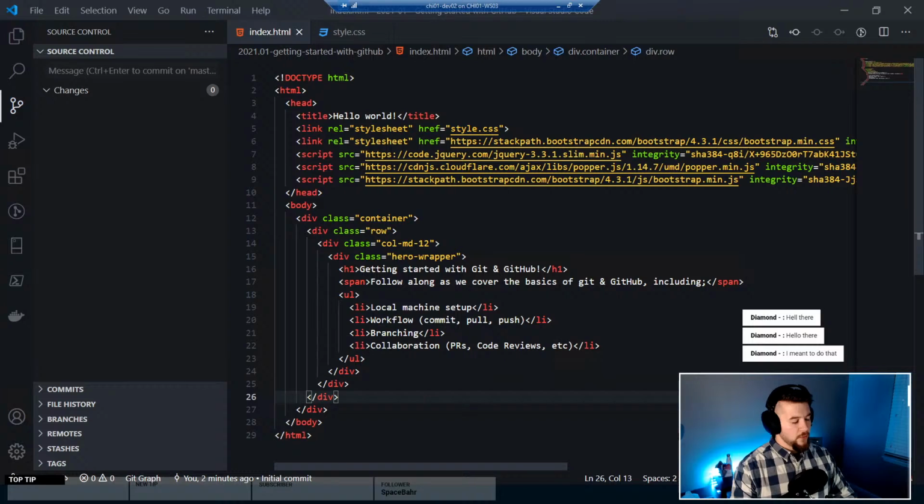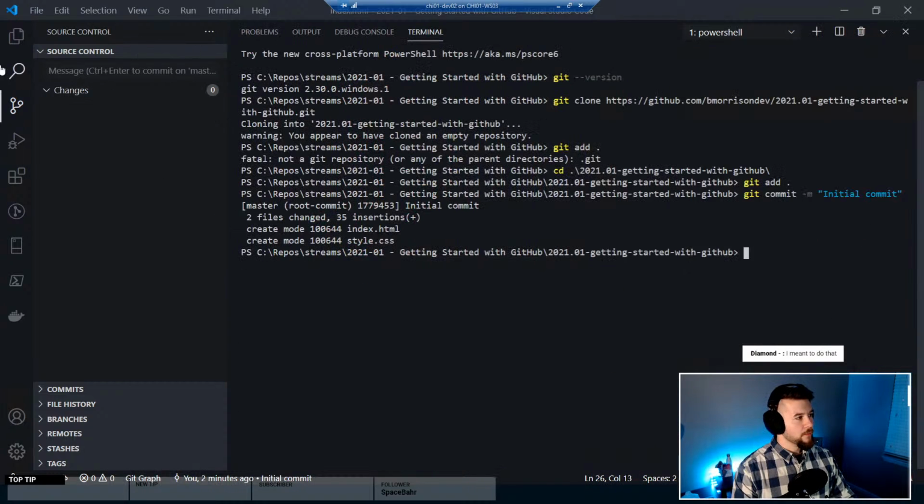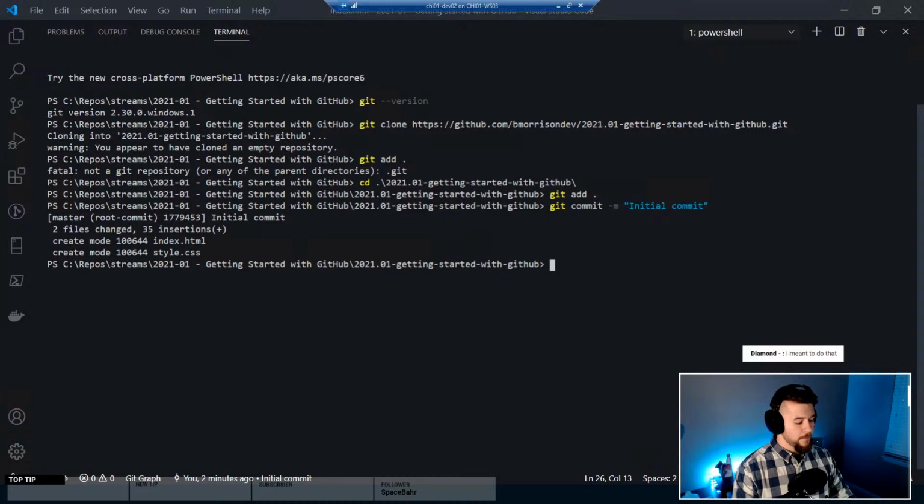So when you push it, what you're doing is you're pushing it up to what's called a remote, and in this case, the remote is GitHub. If I open up my terminal again, and let's make this all bigger so we have some space to work with, we can do git remote -v,